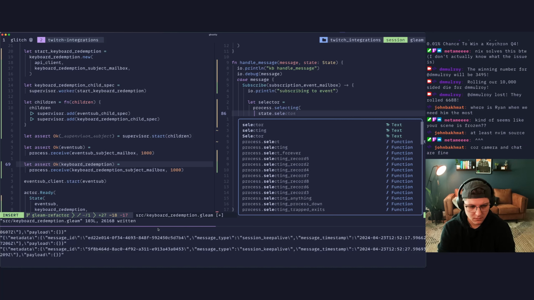Oh, my screen is frozen. That is probably because my shit worked. There we go.